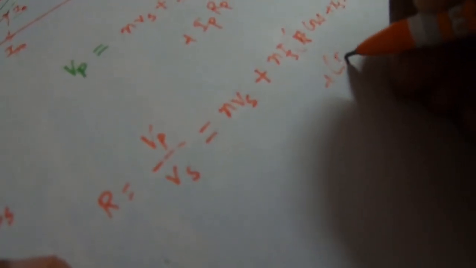plus Iw plus Is by n cos delta into Rp plus Im plus I